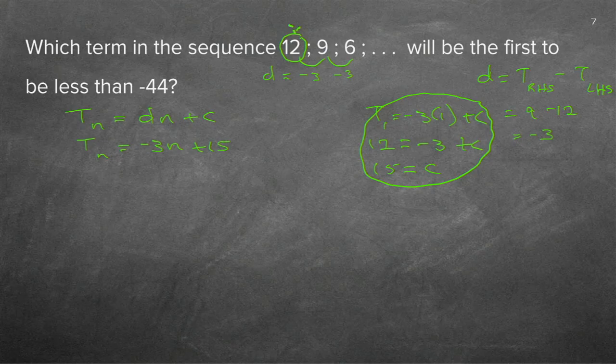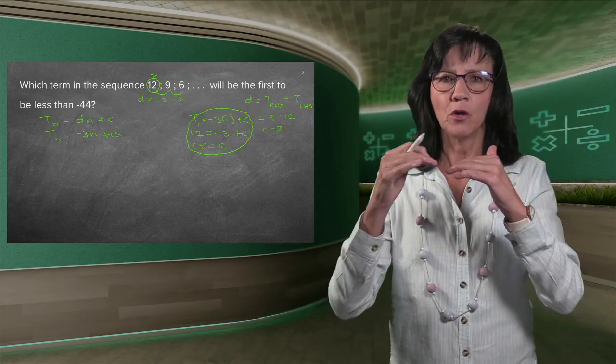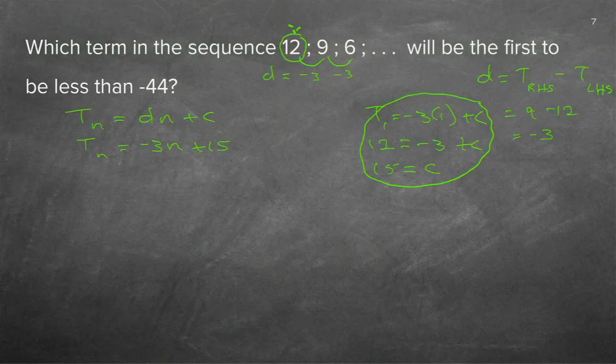The minute you've got your formula, you can answer what they asked you. They said, which term will be less than minus 44? So just remember, never in one line put two equal or greater than or smaller than signs. You only do it once per line. So I'm just going to rewrite my equation. Minus 3n plus 15 must be smaller than minus 44. Is that not what they ask? They say which term, which n, remember they're asking the n,